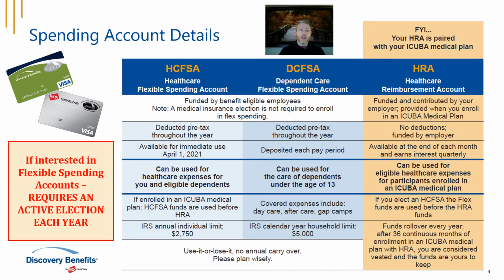Now, what's great about the healthcare flexible spending account is whatever you elect is available to you for immediate use on April 1st. And so if you elect up that $2,750 and you have a large medical expense right away in April, you can go ahead and swipe your card, or you can file a claim up to the full amount of whatever you elect. And that's the case even if you haven't made all of your payroll deductions yet.